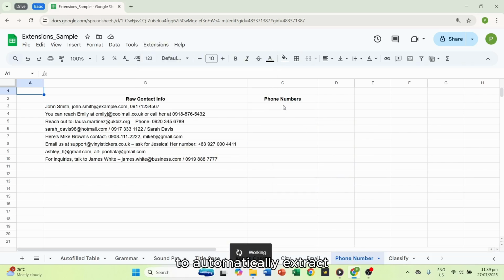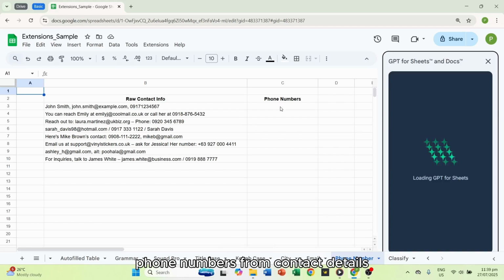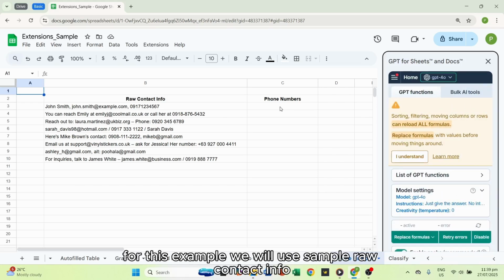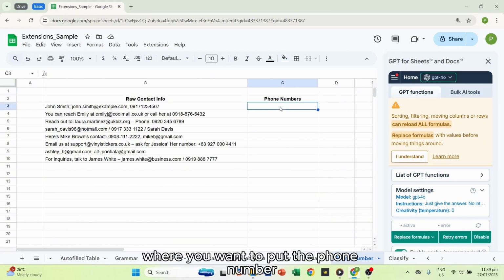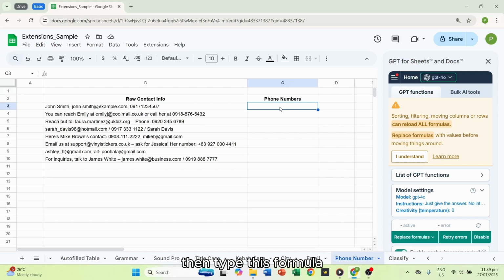To automatically extract phone numbers from contact details, we will use the GPT extract function. For this example, we will use sample raw contact info. First, click on the cell where you want to put the phone number, then type this formula,